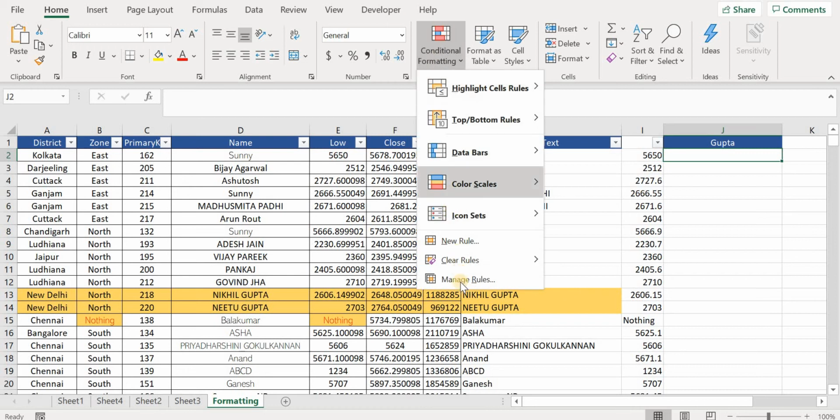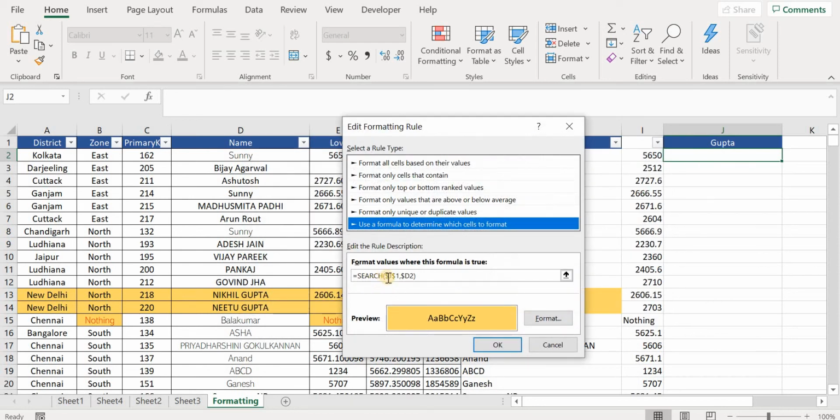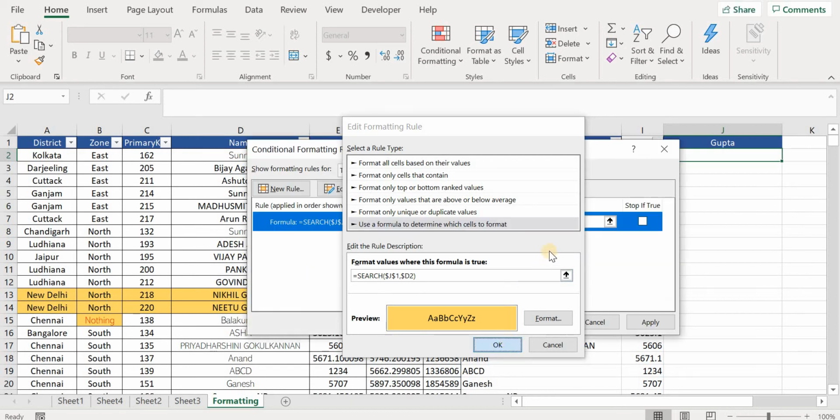So let me show you the formula once again, what I have done in this worksheet, edit. I have used J1 and I have locked it because this will not change, and $D2. That means the column will always remain D and the row number will keep increasing from 2, 3, 4 like that. And where is it applicable?